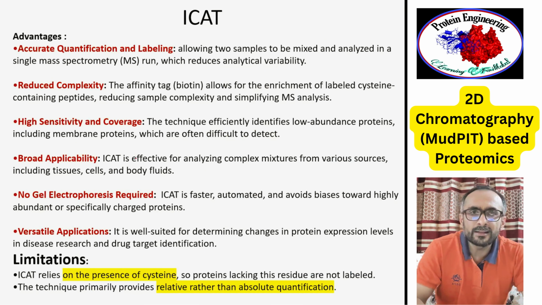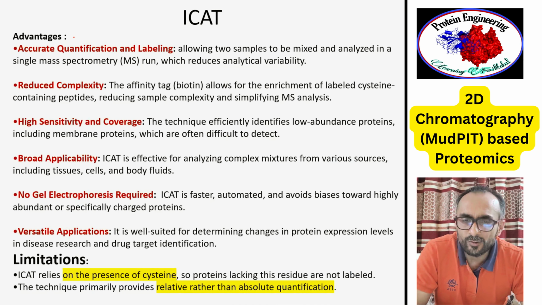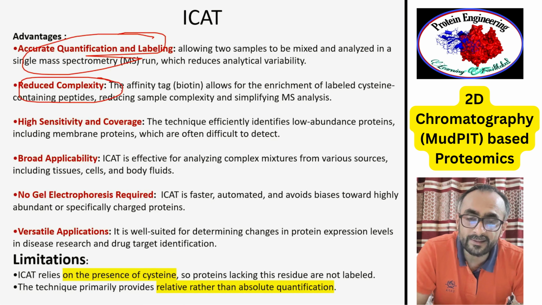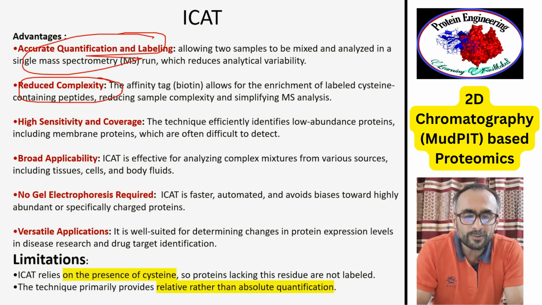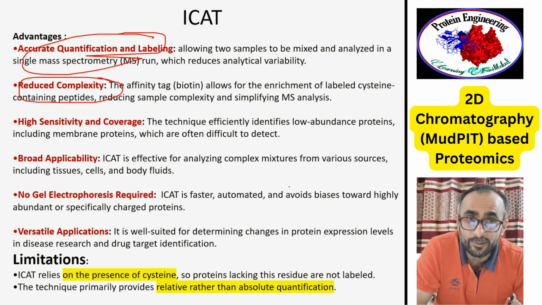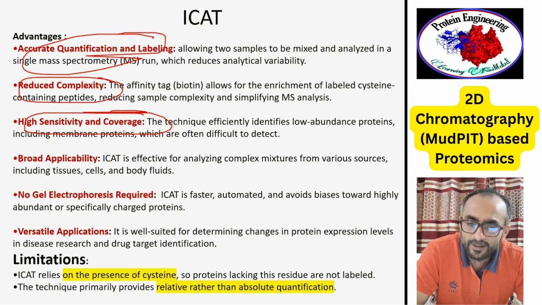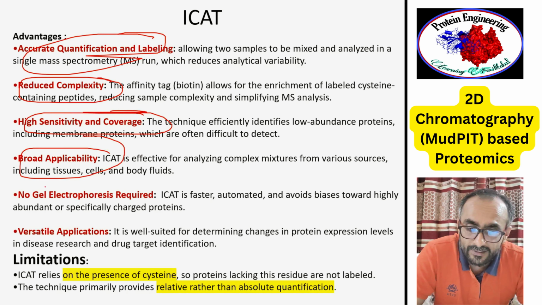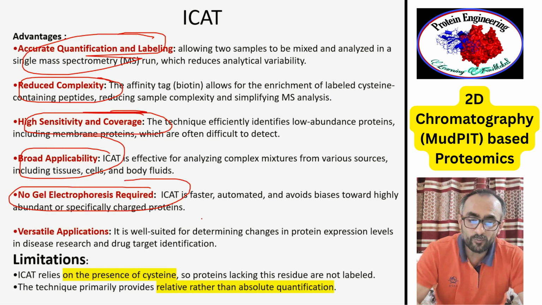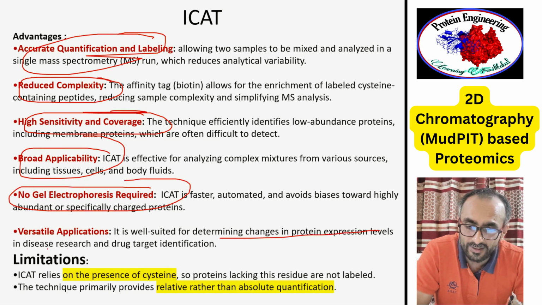Now this ICAT has many advantages, like accurate quantification and labeling, reduced complexity. Reduced complexity in the sense that you hydrolyze proteins and only the labeled peptides are enriched, so the complexity in that case is reduced. You have less number of peptides to be analyzed. It is highly sensitive and it has very high coverage also. Broad applicability, and there is no gel electrophoresis required. It's a gel-free method. It has versatile application,